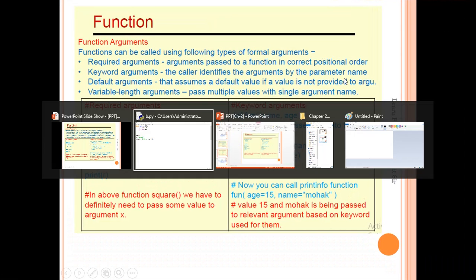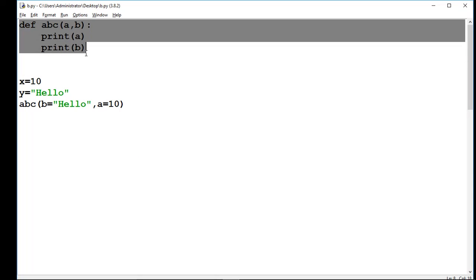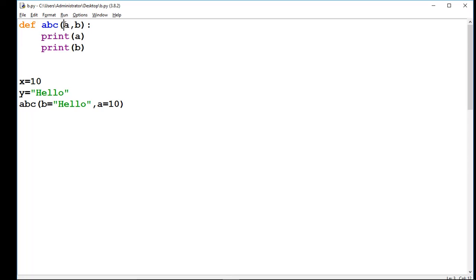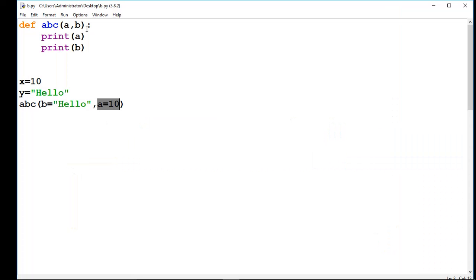For example, this is the definition of ABC. Two parameters are here, a comma b, and this is the calling of function ABC. Here I have written value of b is equal to hello and value of a is equal to 10. I have set the keys as b on first position hello and a on second position 10.